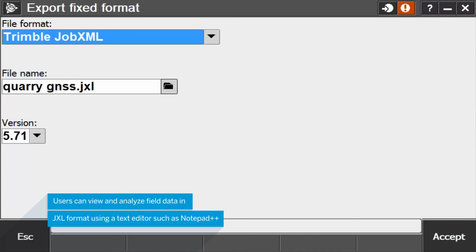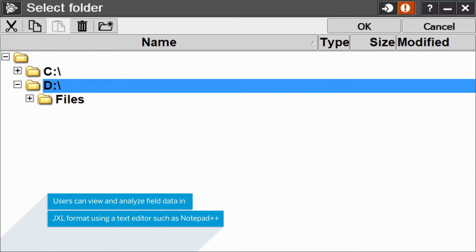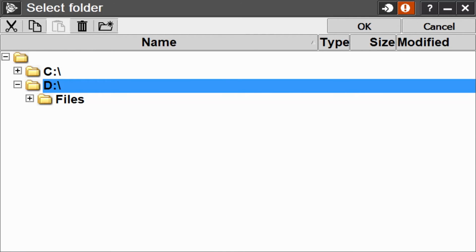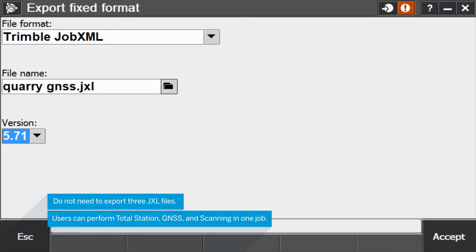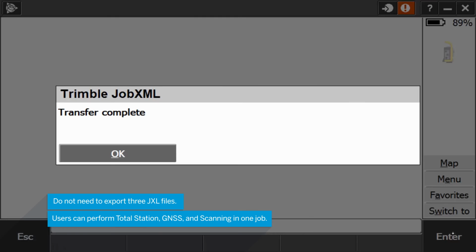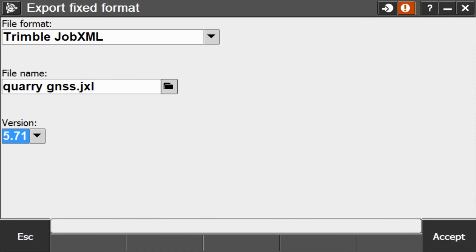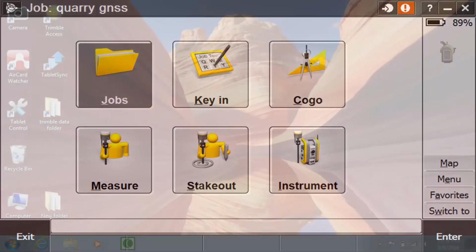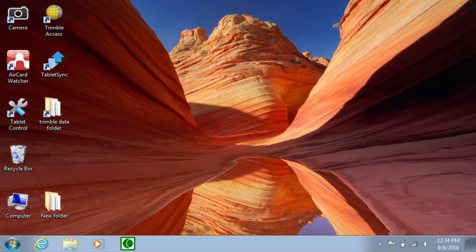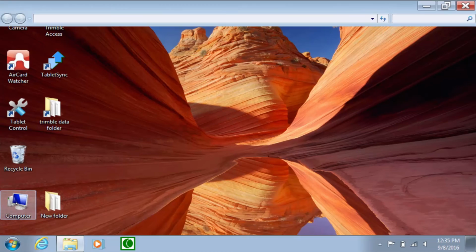In this particular project, we have 3 JXL files. One for the survey stations, one for scan stations, and one for GNSS data. Trimble Access and the JXL format help to support the combination of scanning, total station, and GNSS data in one JXL file. To find the JXL and the associated files to your job, you can open up My Computer on